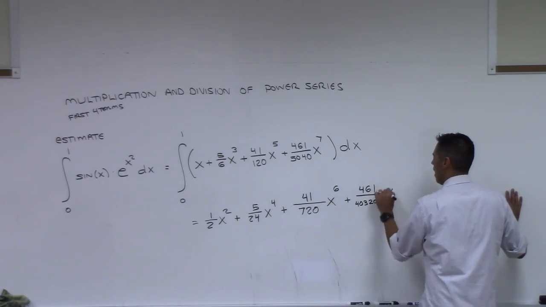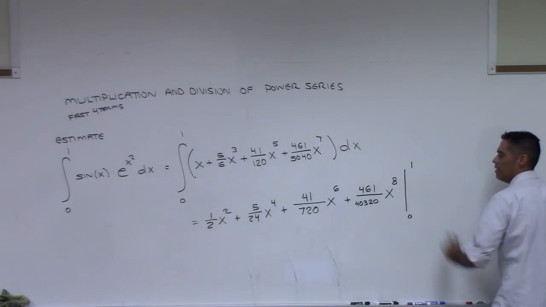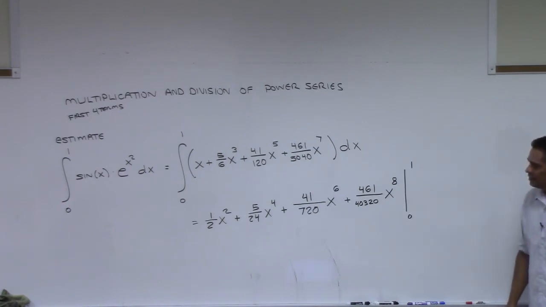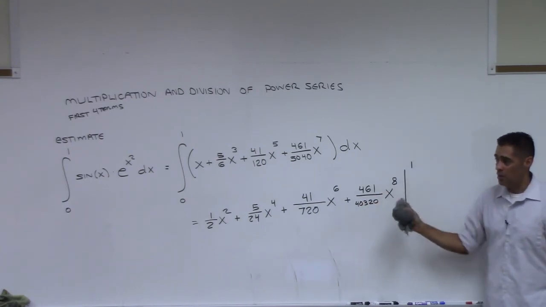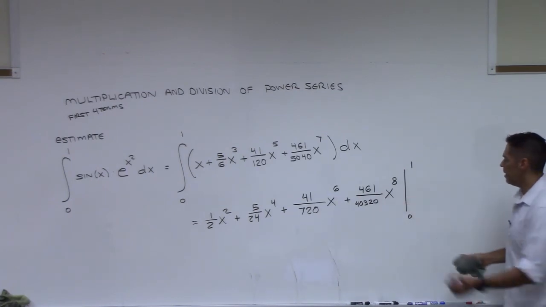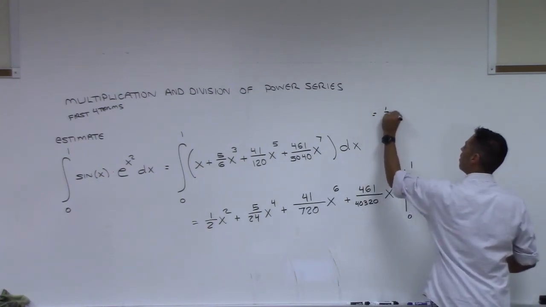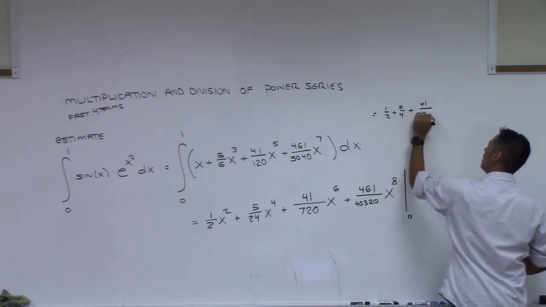40,320 x to the eighth, right? And we're going to integrate this from 0 to 1. Zero and 1 made it easy, right? All right, so we know that when we plug in 1, it's just going to give us all the coefficients. When we plug in 0, it's going to give us zeros for everything, right? So at the end of the day, this answer will be equal to 1/2 plus 5/4 plus 41 over 720